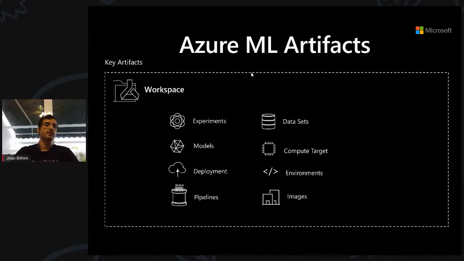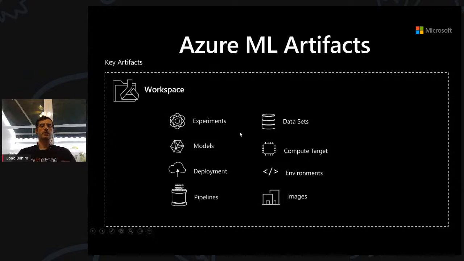The contents that you'll have inside the workspace will be things like experiments, which will track the runs that you do of your models. It will have data sets, which are a connection to your original data that you will version. It will have the compute targets that you'll use for training, for inference, for batch, and also as your development VM if you choose so. It will have environments which define all the dependencies that that specific training job or inference job has to create a container image that then gets deployed on the compute target. Again, images we spoke a little bit about.